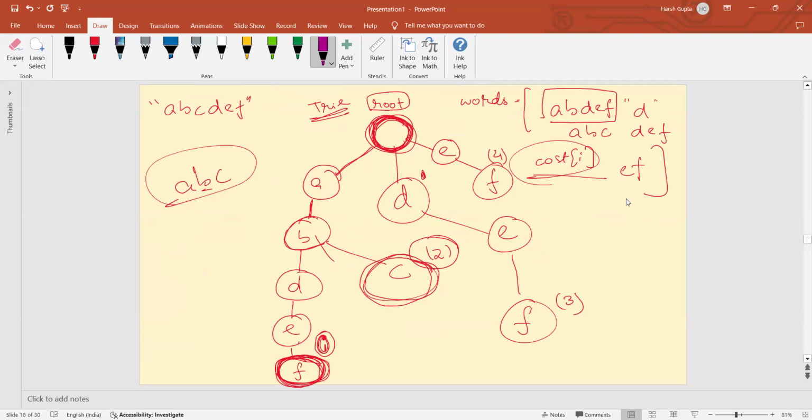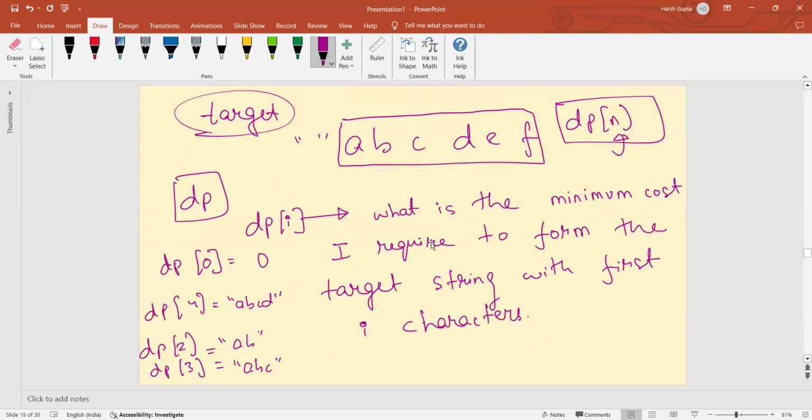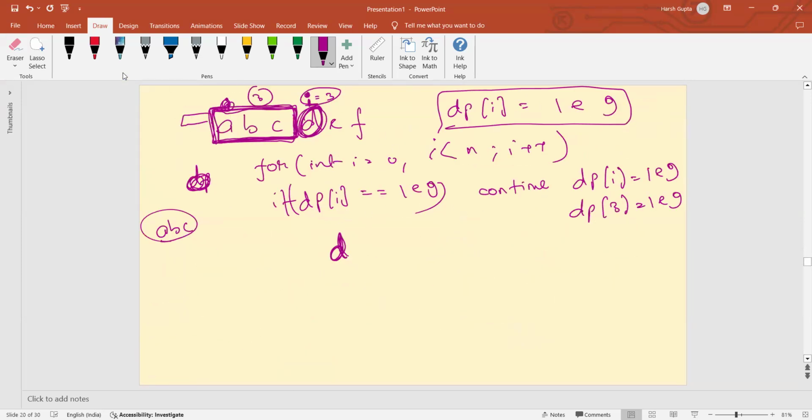Like if I tell you that I'm starting with D, just assume for now that you already have constructed the string ABC. Its cost is already present in dp of 3, that is dp of I. And now you have started constructing your string from D, character D. Now you start constructing from D, so your current character is D. Okay. Now if you look up to the trie,